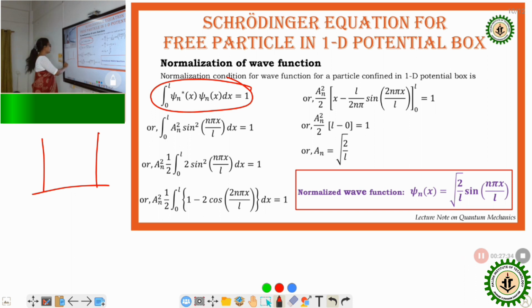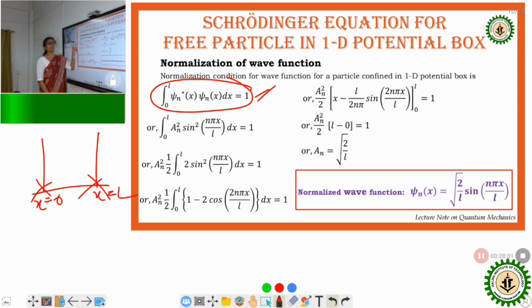this is the potential. Here we have started from x equals 0 and x equals L. Okay, this point and this point. Now for this, you see we are getting the lower limit of x is 0 and the upper limit of x is L. So psi star psi integrated over x will be 1. This is the